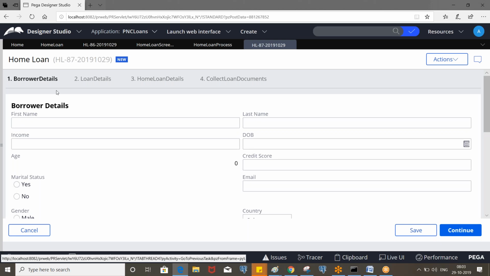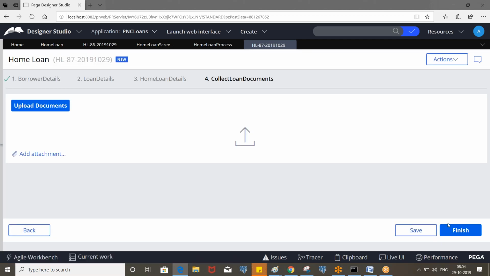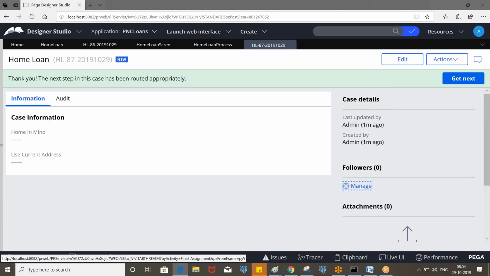If it is the process flow, you will not be able to see how many assignments are there to be performed. It's like screens. And once you complete borrower details, you will not again come back to the same screen. But here you will have that flexibility. Directly go to the loan documents, upload the documents and click on finish. But when you click on finish, if there are any errors, those will be displayed. You will not be able to submit. But here it is allowing, right?